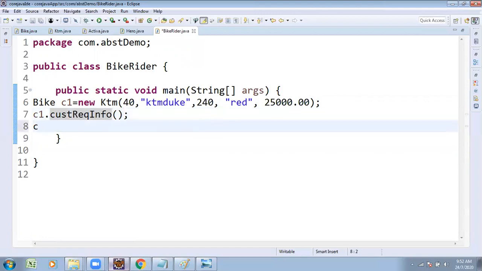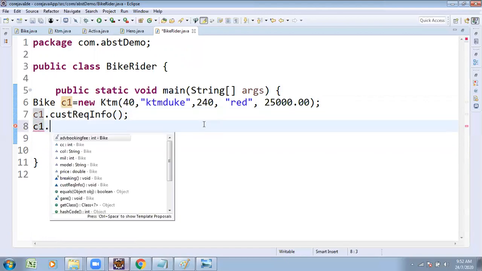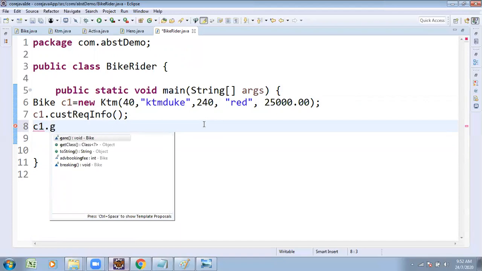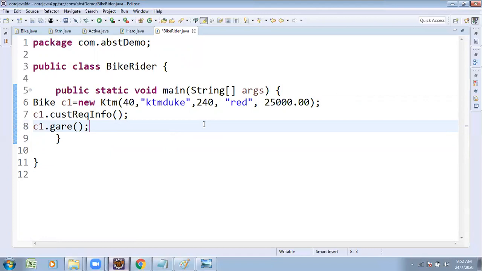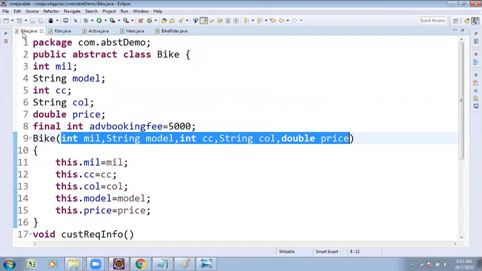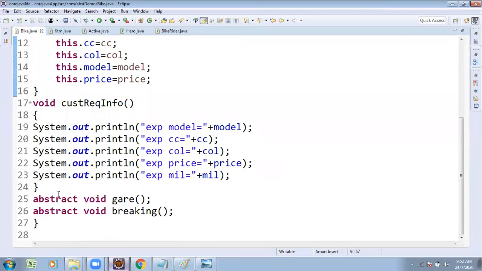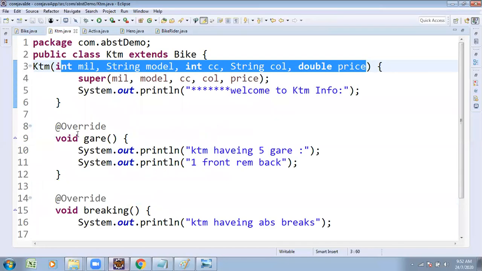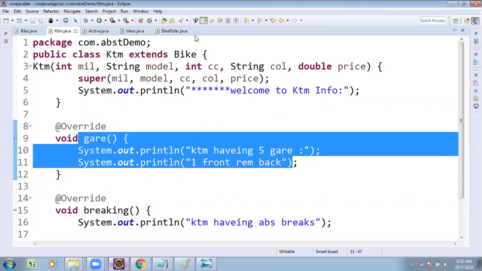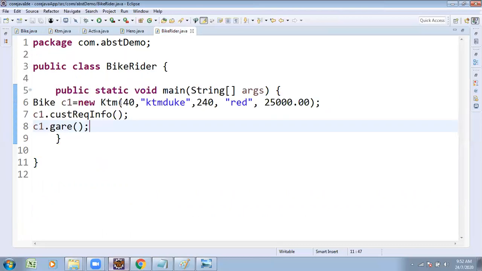That's why c1 dot, what is the method name being asked? Gear method. Observe, cursor coming to Bike class. Do you find the gear method logic? Not there. That's why the reference goes to KTM. Some KTM gear logic is executed. Customer asking about gear method, logic is executed.